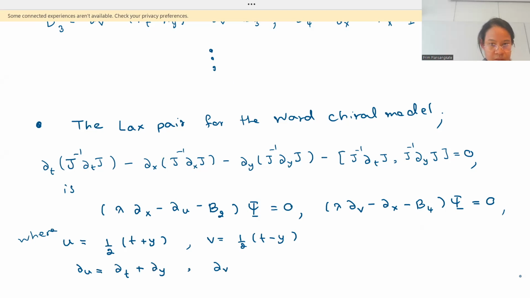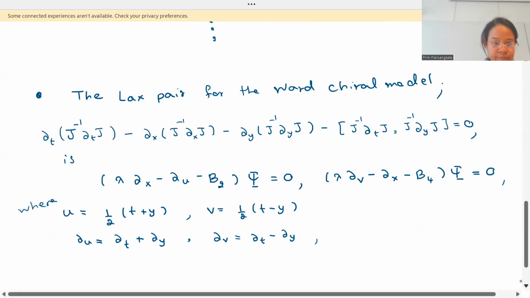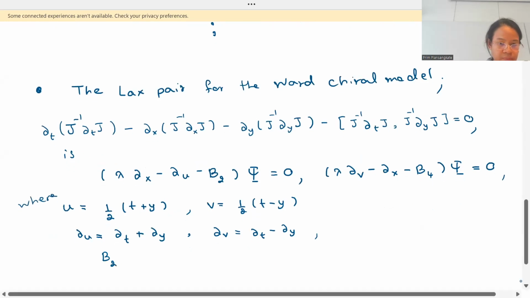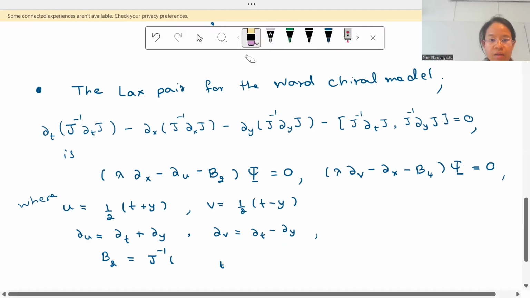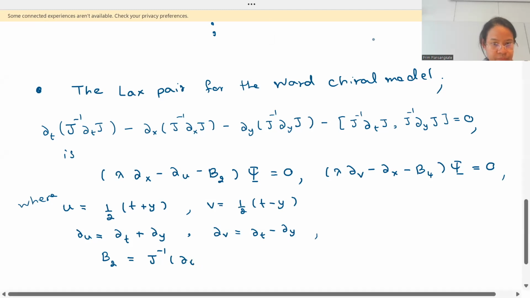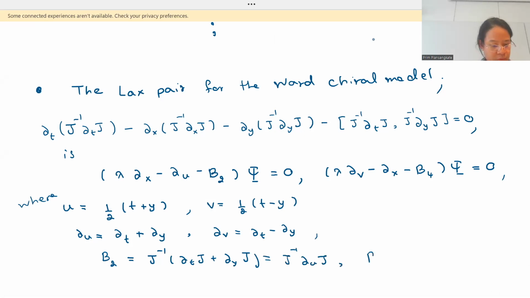And B2 is in terms of the matrix J. And then B4. Okay, then